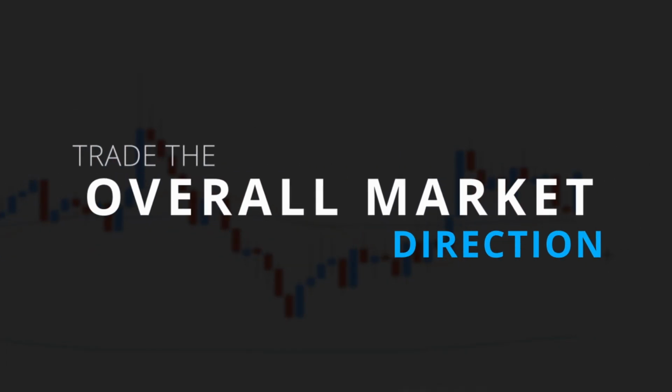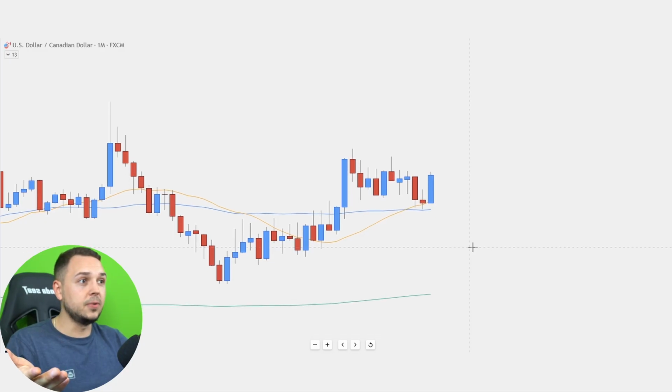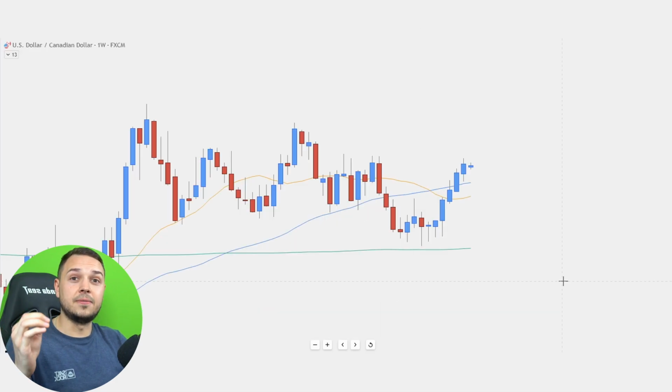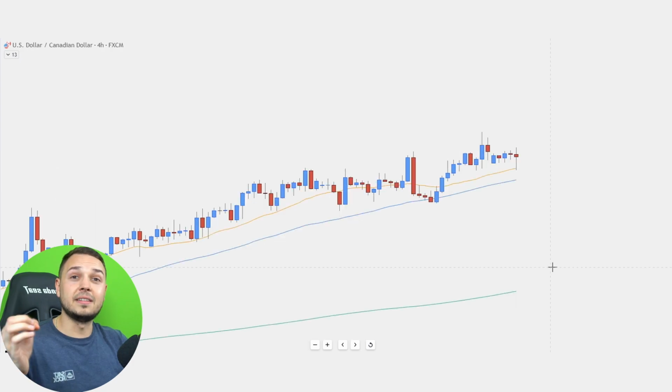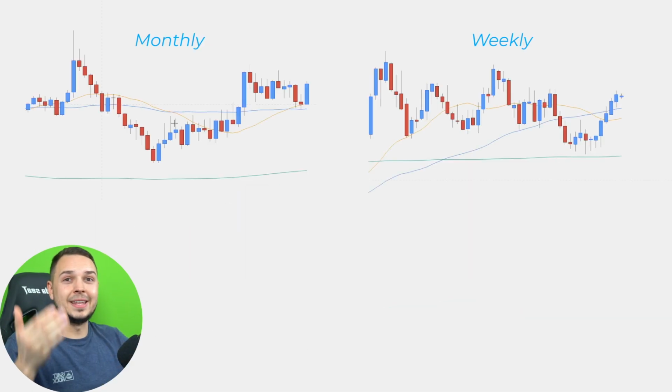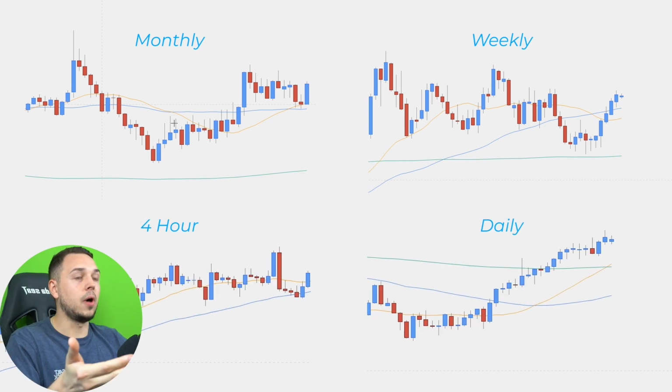This trading strategy works best when you trade with the overall market direction. So this is the monthly time frame. 20 and 50 moving averages are below the candlestick. The same thing is happening on the weekly time frame. This is the daily time frame, and this is what the 4-hour time frame looks like. So now that we found a currency pair that's trending in the same direction on all time frames, we need